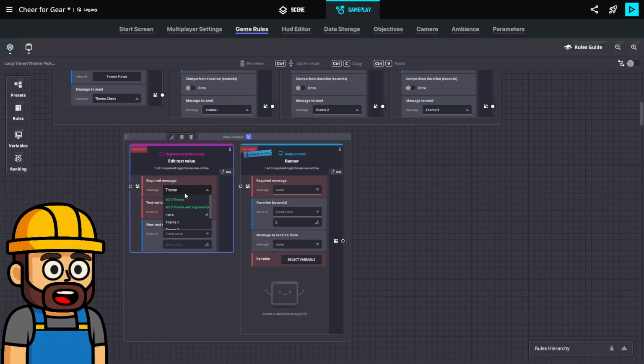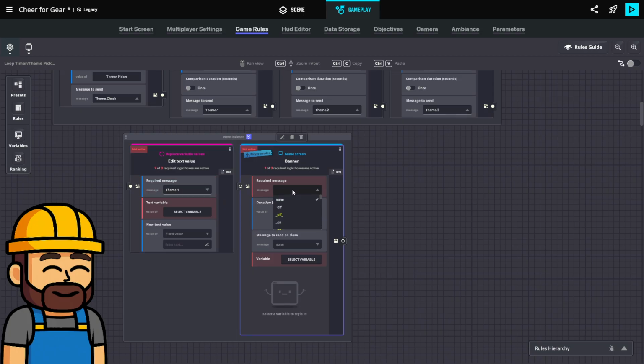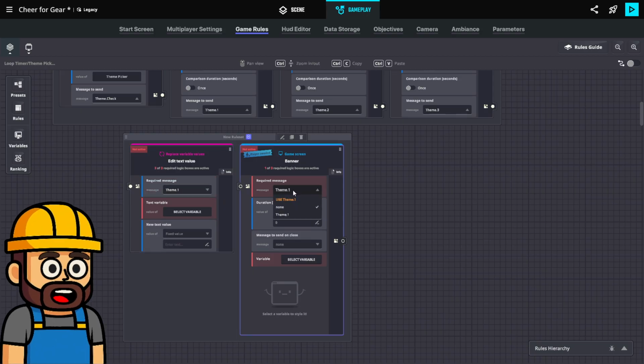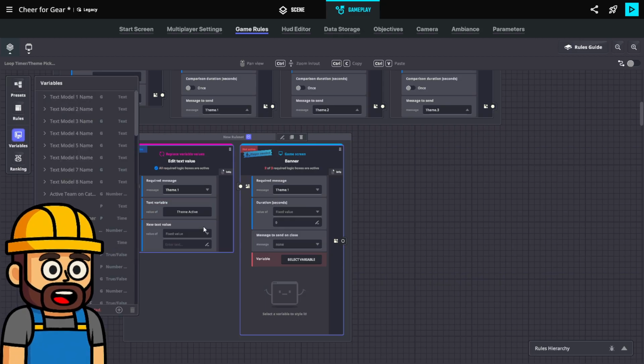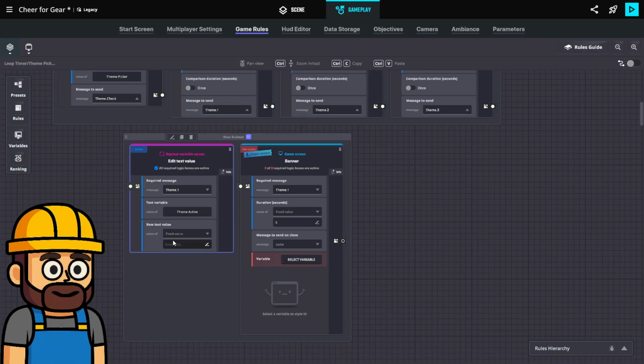So we can go theme.1. If theme.1 gets picked, then we're going to take our theme active text, and how about we go with the themes we've used so far for now, like fantasy realms. And then a banner for like 3 seconds.